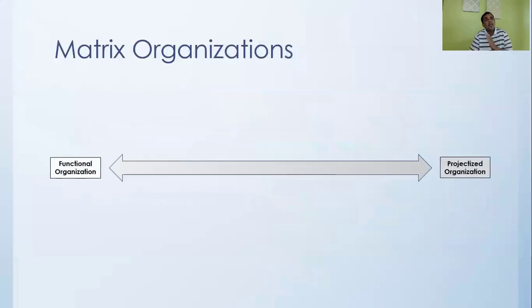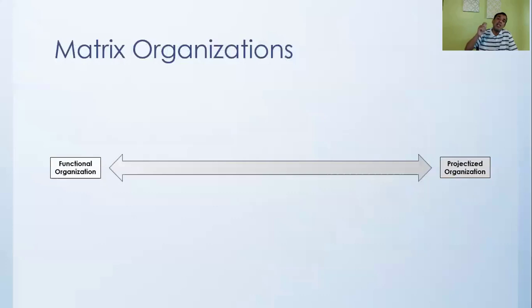In fact, at one end, it is a functional organization, and at another end, it is projectized. So we saw in the functional organization that the structure is driven by the function. And on the other end, we saw projectized or project-oriented organization, the structure is driven by the project. In the functional organization, we saw that the project manager has almost no authority because it is driven by the functional